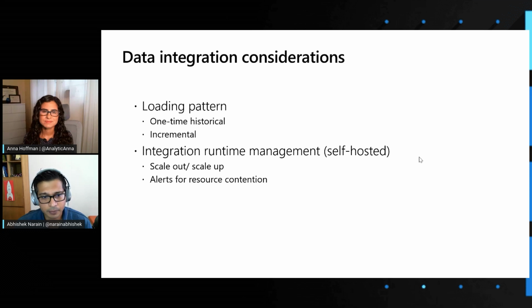And then we talked about integration runtime management. And you saw that this was a manual setup where we actually clicked on this button. It installed this whole integration runtime. And you can scale it out as well if need be. And to understand if there is a need, we have exposed alerting metrics to Azure Monitor for CPU, memory, queue length, average queue time. And all these metrics help you understand the resource contention issues whenever it happens. And when it happens, you will get alerted using Azure Monitor.